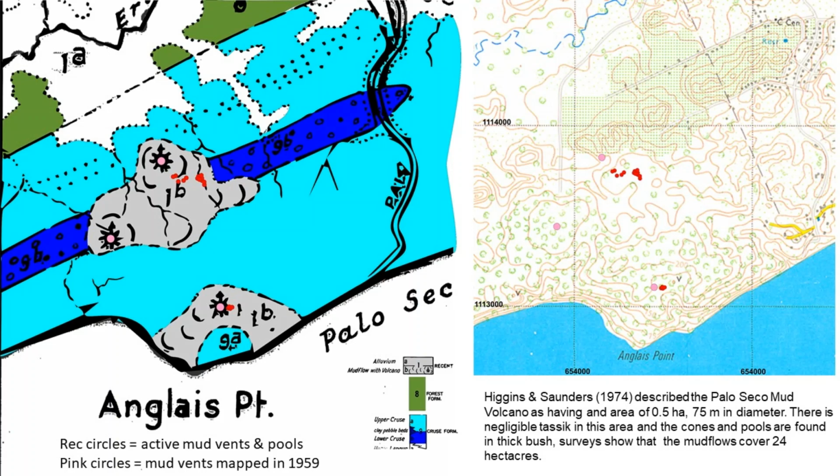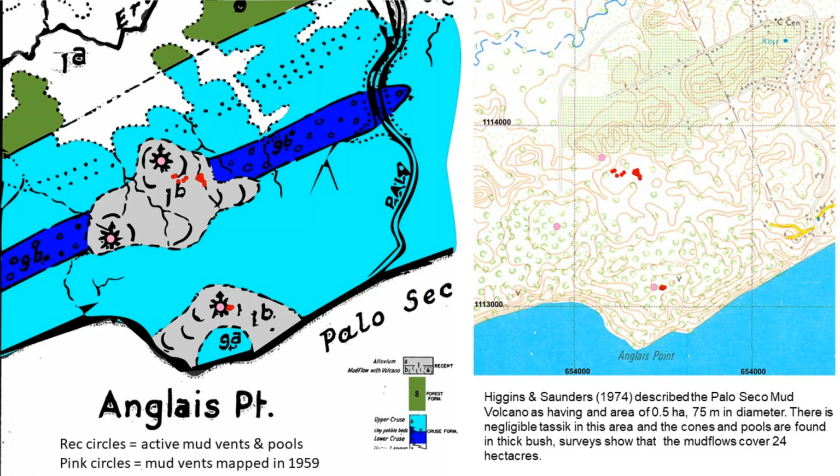meters in diameter. The pink dots indicate the mud vents mapped in the 1959 map, whereas the red dots indicate the May 2020 areas of activity. The topo map on the right illustrates the same thing. The little V's on the map indicate where mud volcanoes were mapped when the maps were